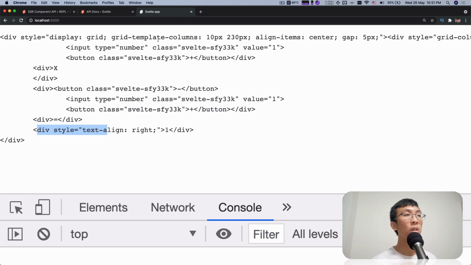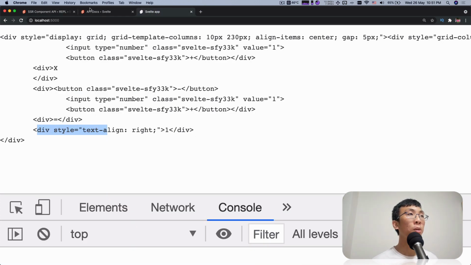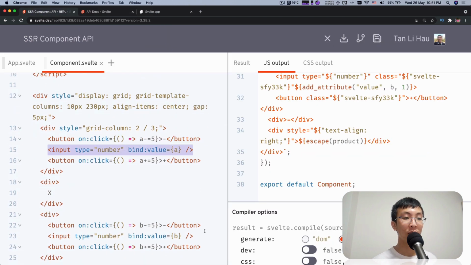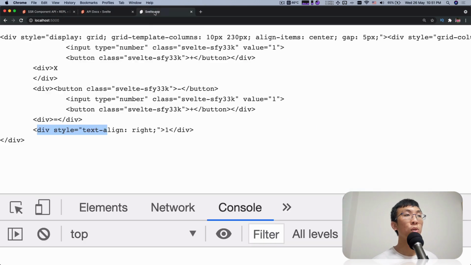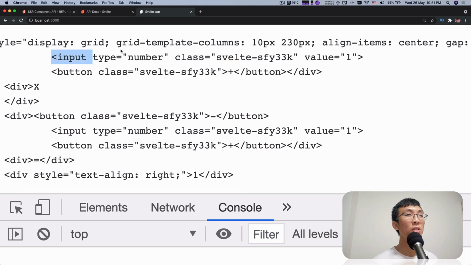First thing is, so two things, right? This component that we just wrote has props called a equals 1 and b equals 1. So if you pay more attention, here we have an input that we bind a value to, right? The value of a and the value of b. So if you zoom in, let me zoom in a bit, and you focus over here. I know it's not nicely formatted, but let's try our best. If you focus over here, I'm highlighting it, you see that the value is 1. Right? So this is like the default value that you will find in your input when you load this HTML on the screen, right?